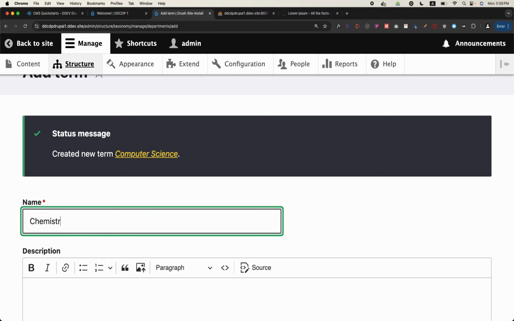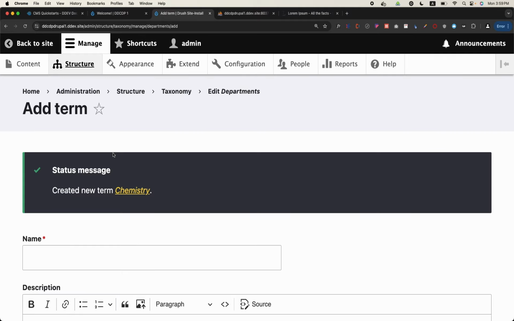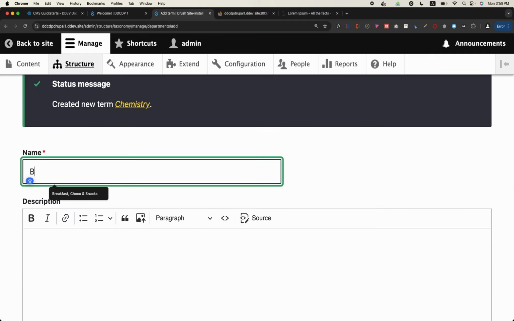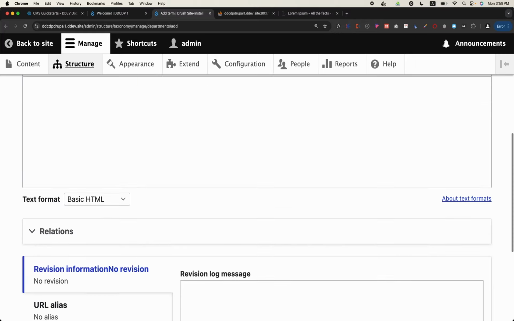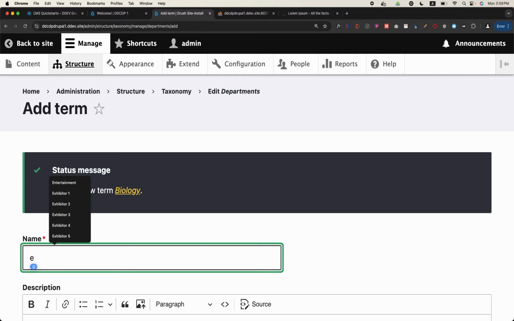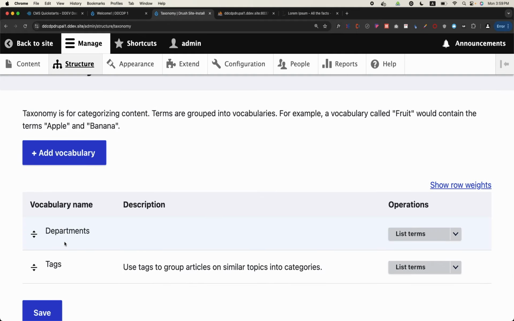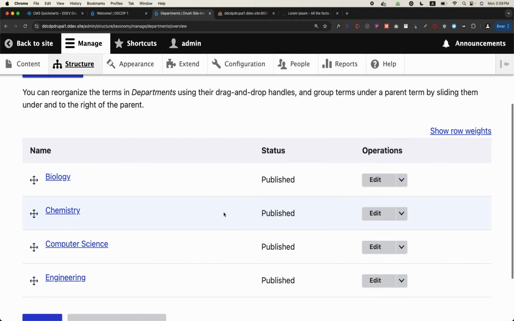Chemistry, and save. Then biology department, bio engineering, right, and save. So what we have done, if you go to taxonomy and departments and list terms, so these